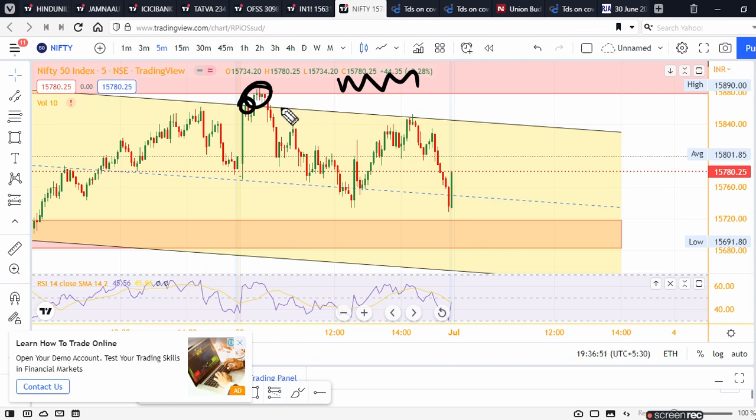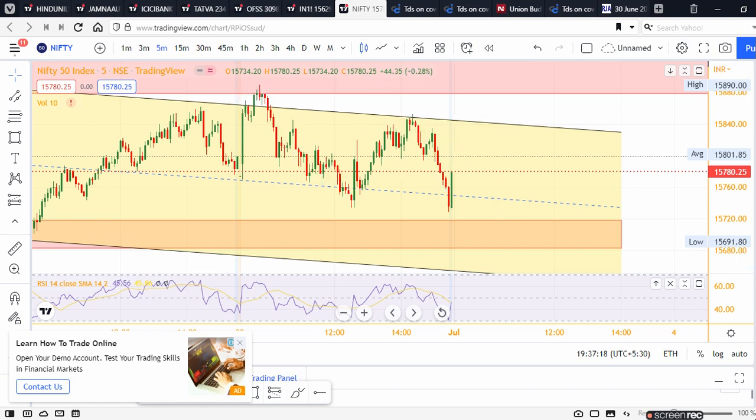Many people minted money over here. Some of the people also made money over here. I personally also made some money over here because the options premium did not move much, but yes, some of the money I made over here as well. I also made money at this location. I did not sell it here, I sold it over here. So I also made some money with the analysis which I shared with you guys, right?